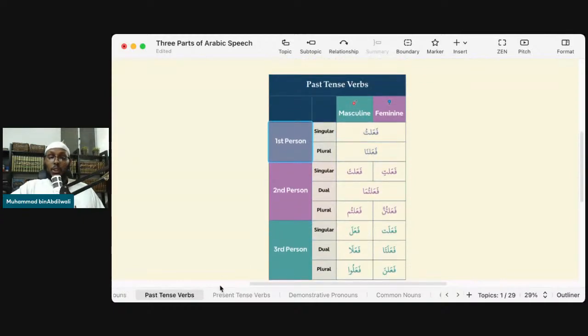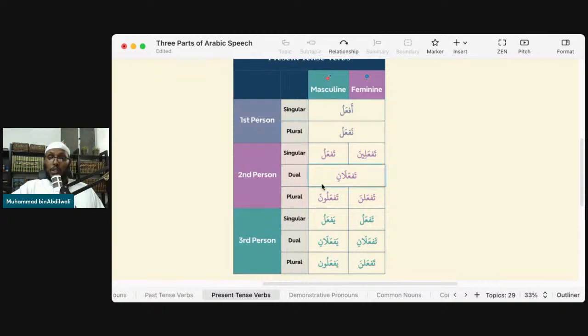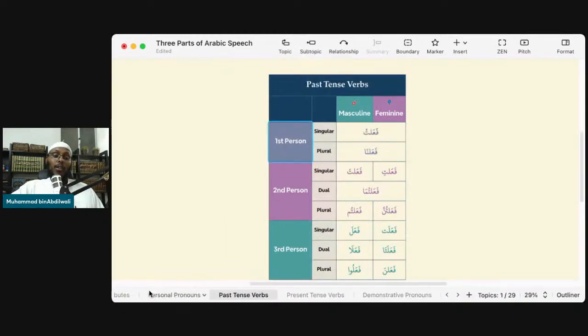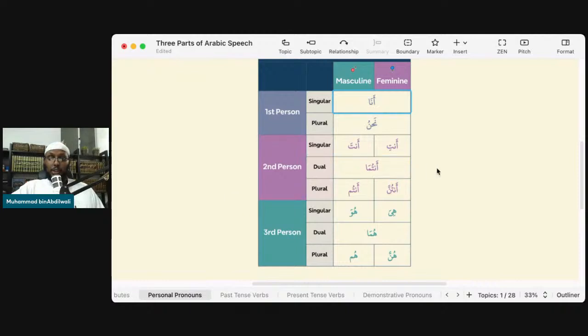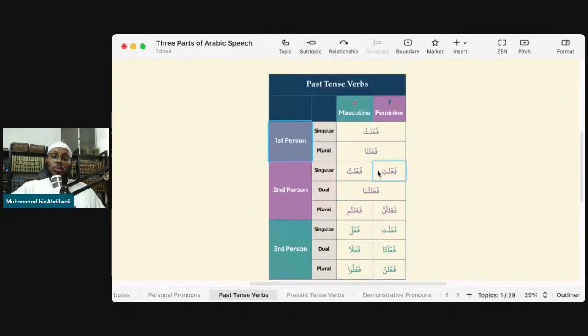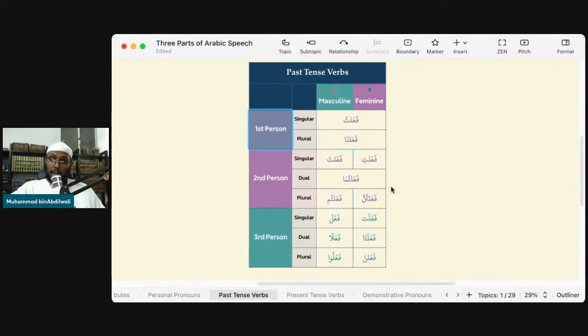When you're done with past tense, you go to present tense. First person, second person, third person. And then later on, inshallah, once you get the hang of it, you can practice all of them and mix and match. Okay? But right now, I want you to see how in the Arabic language, everything is connected. You have these 12 personal pronouns that can all be mapped to a verb. Every single one of these verbs is pointing to one of those personal pronouns.